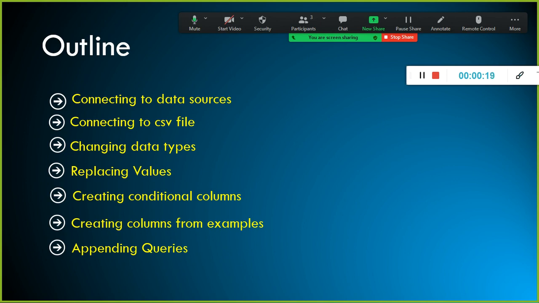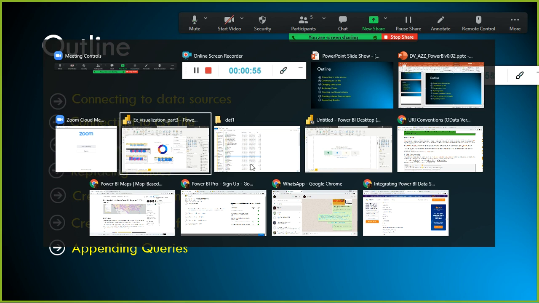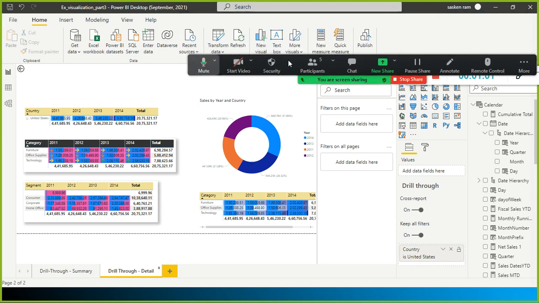It is like Excel, even Excel, I don't think we can change the data type, but in Power BI we can change the data type, and we can easily replace the values wherever we find null values or errors. And also based on some condition we can replace the values. Since the Power Query editor interface has a few options as part of replace itself, we can leverage them. For example, here in this case, but for something which is not available, then we have to go out of the box and do it.